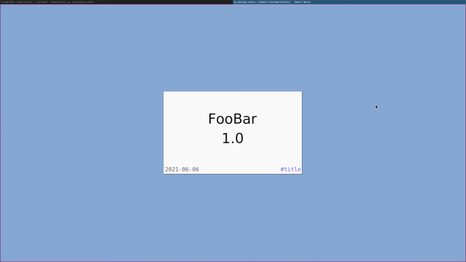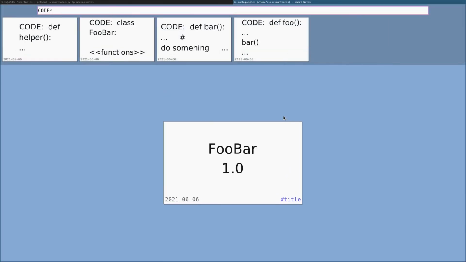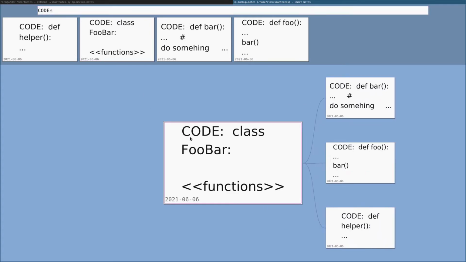So I've been thinking along the lines that a literate programming tool should be able to annotate the source code instead and provide additional context. So imagine in SmartNotes if all the units of the code base were in separate nodes, like all the functions were in separate nodes, and useful connections were made between those nodes. So,